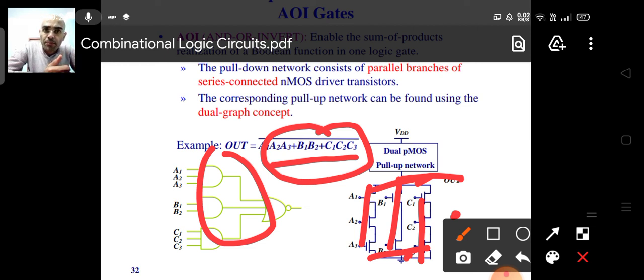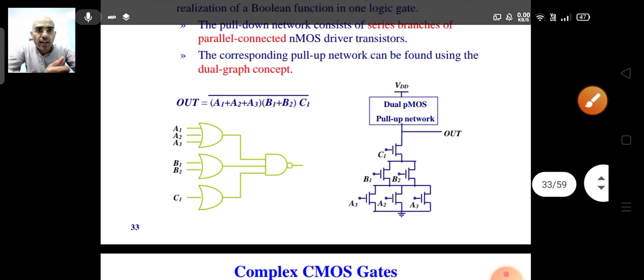If you do this, you can obviously draw the pull-up network, and then try to find the common path for the pull-up network and the pull-down network. Find the Euler's path and draw its stick diagram as well. You can try it on your own. Similarly, you can try other functions as well.